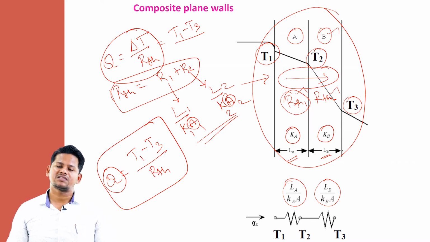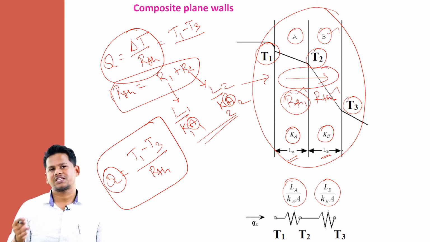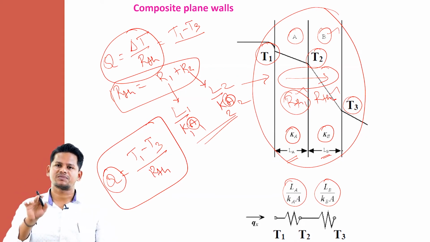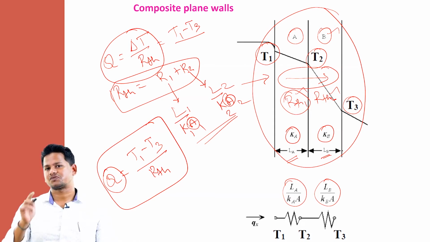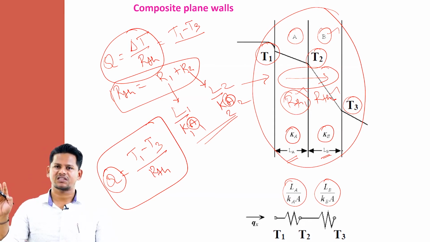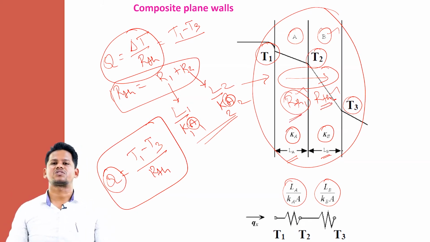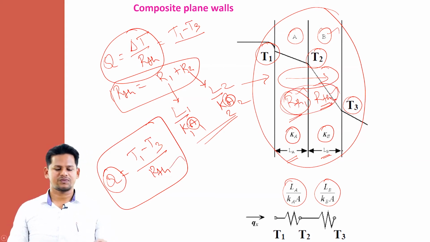In the previous case study we discussed the homogeneous plane wall, conduction across the homogeneous plane wall, case 1. In case 2 we discussed conduction plus convection heat transfer mechanisms in a homogeneous plane wall. This is case 3, where we are discussing composite plane walls. We have two composite plane walls, and we don't have any convection here. We have only conduction, so two conductive thermal resistances are there. After summing those values, we get a single thermal resistance, so we can easily calculate Q.